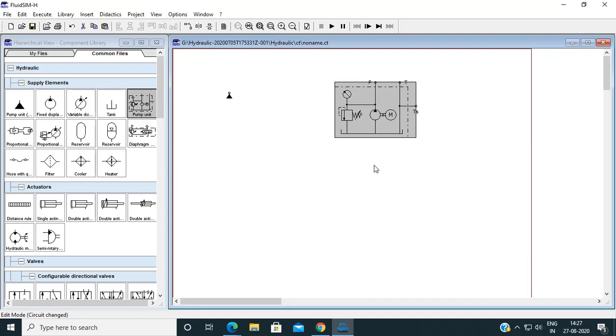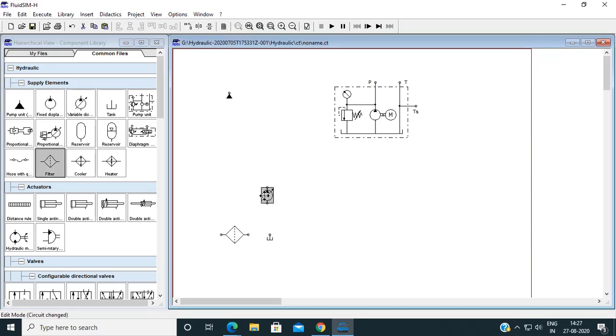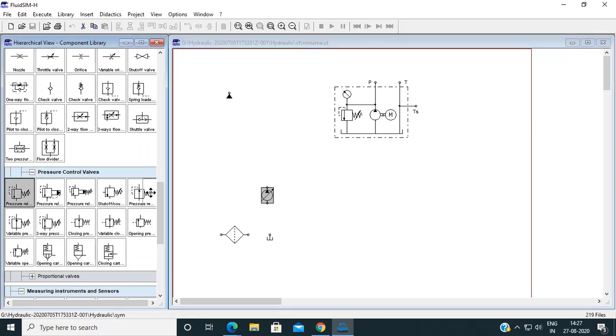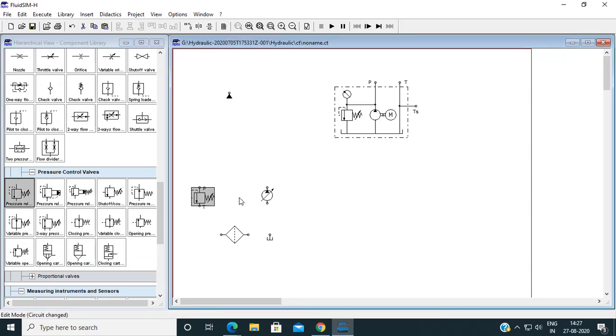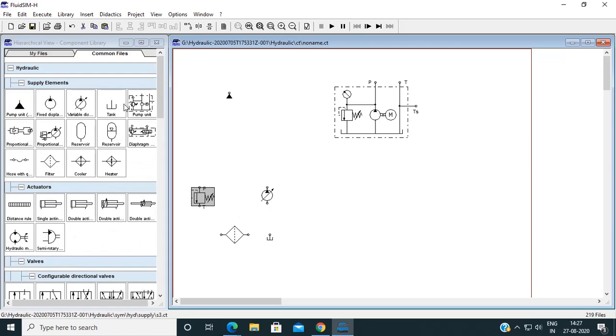Next, you can totally customize this setup as per your requirement. Here I just drag a tank, then a variable displacement pump, then a filter, then a pressure relief valve. Now this whole setup is my equivalent setup to this pump unit, a customized pump unit.